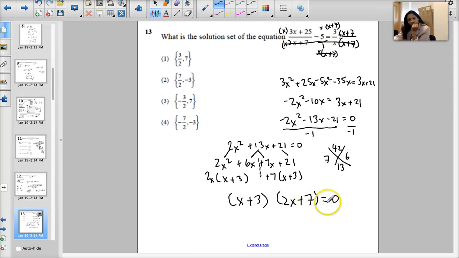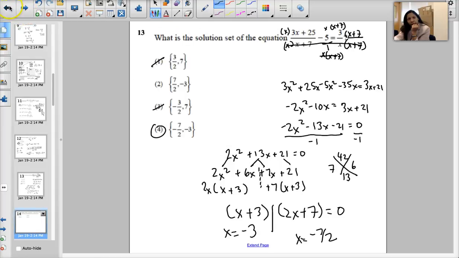Close it, put an equal sign, so I'm going to take this and put x plus 3 equals 0. We've done this in class enough that I think I can skip that step, so x is equal to negative 3. So if I look over here, that can't be it, that can't be it, so it has to be one of these two. I subtract 7, divide by 2, so I get x is equal to negative 7 halves. So the answer has to be choice